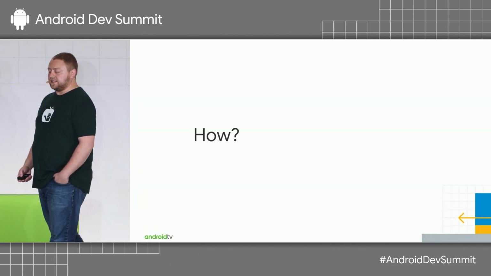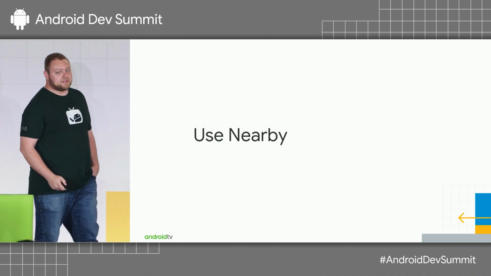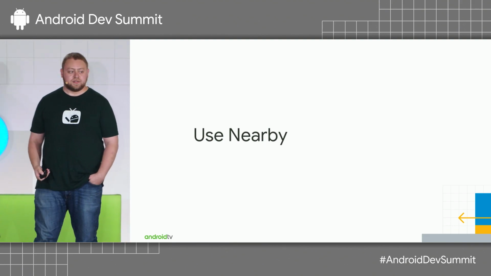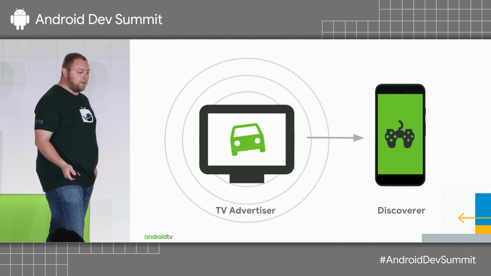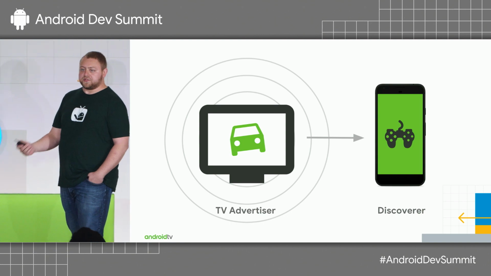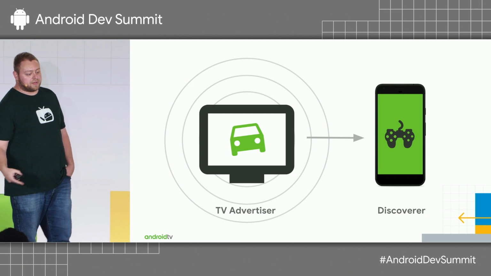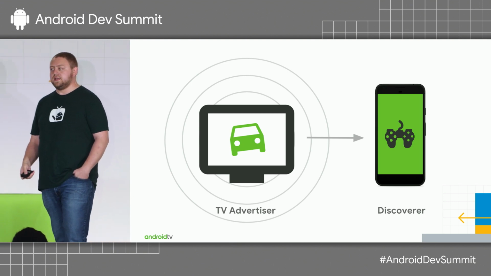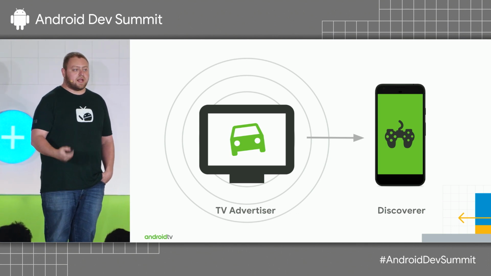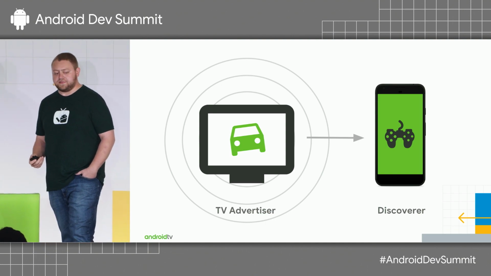But how did they do that? It's not magic, I promise you. It's something you can do today. You can use Nearby. So the Nearby API has been out for a while, but it's really interesting when you try to use it on TV, what you can do. The way it works is you're going to set up the TV to be the advertiser. And then the phone's going to come out and try to discover, hey, there's the TV. You do all the work you want to do on the phone, and then send it back to the TV. Nearby is going to set up an offline peer-to-peer wireless connection that's encrypted, and you don't have to worry about a lot of things because you're going to have this intimate connection between the phone and the TV.